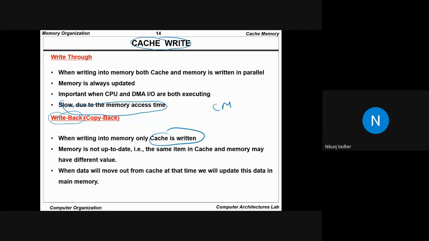What is the disadvantage of this? Let's say a memory location is shared, then the updated value will be inside the cache memory only. It won't be updated inside the RAM. So the shared value will be stale, or you can say it will be the old value compared to the cache memory. Another advantage is that this will be fast. Why? Because here we don't have to access the RAM.